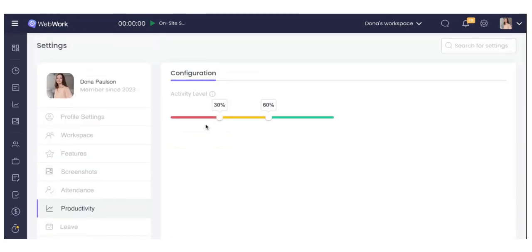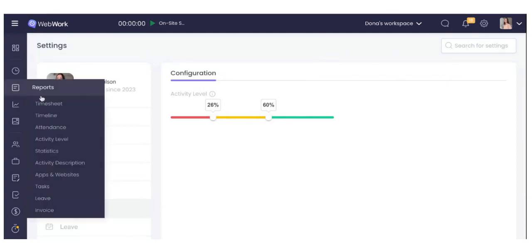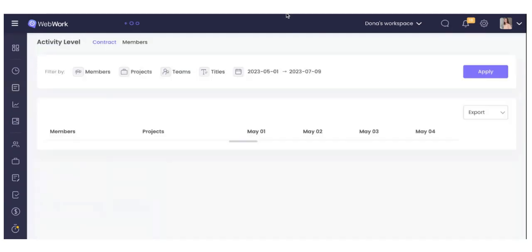You see there are 3 different colors indicating 3 different activity levels: low, medium, and high, and you can anytime choose between those intervals, which will be set for your workspace, and it will help you to generate this activity level report,